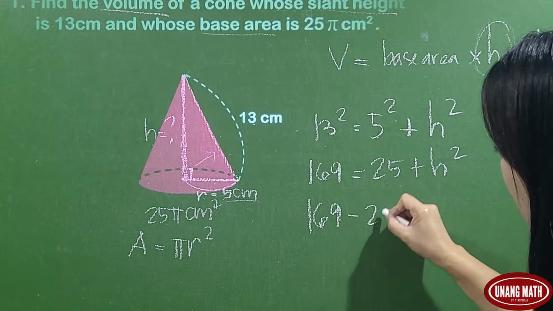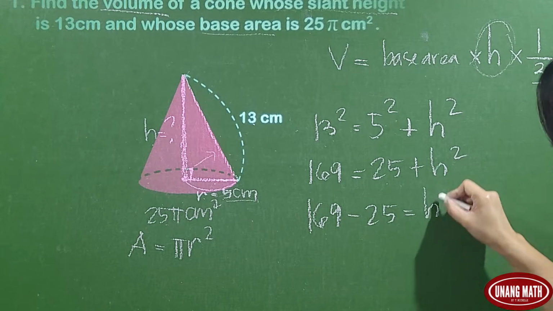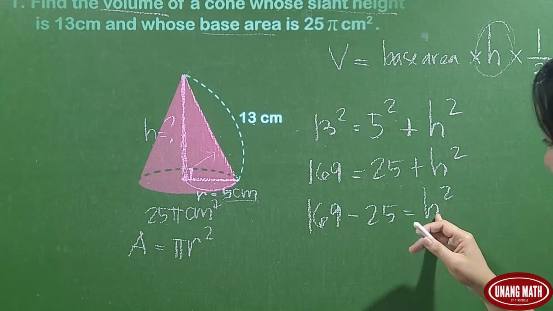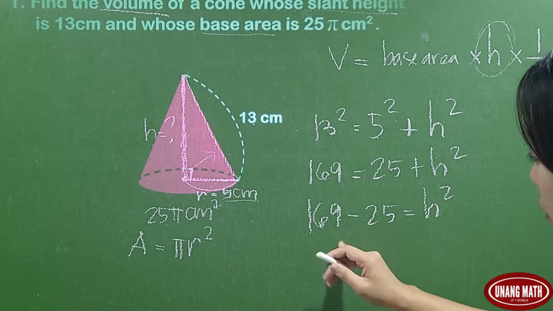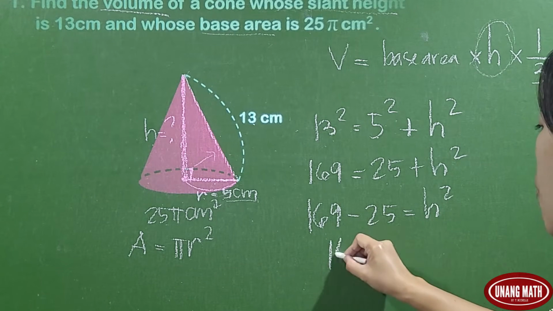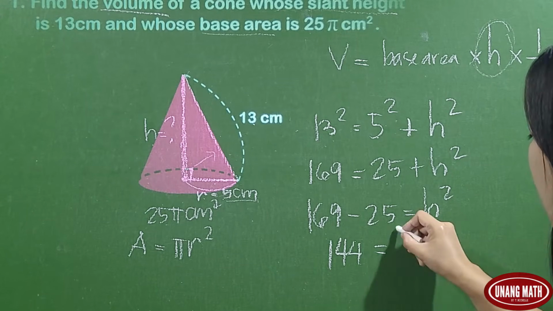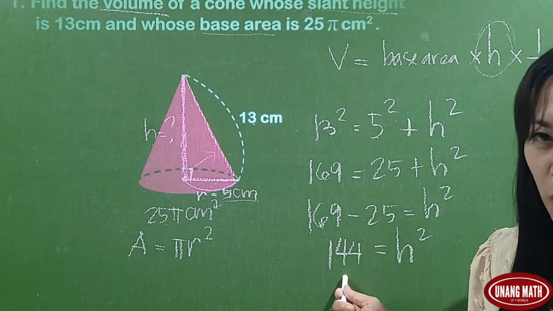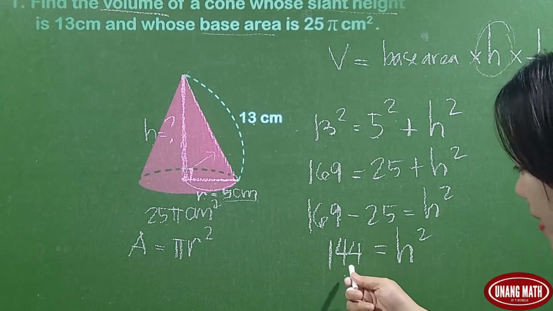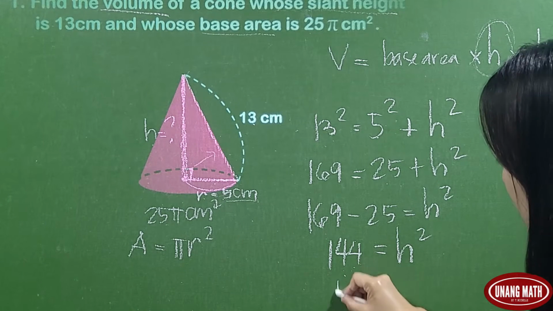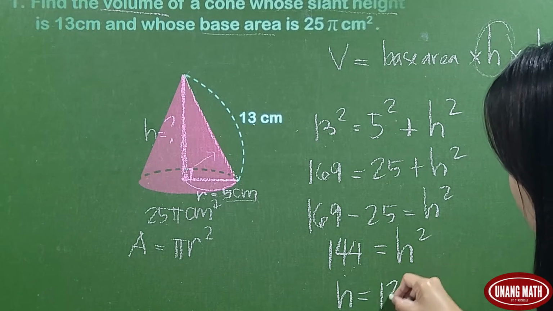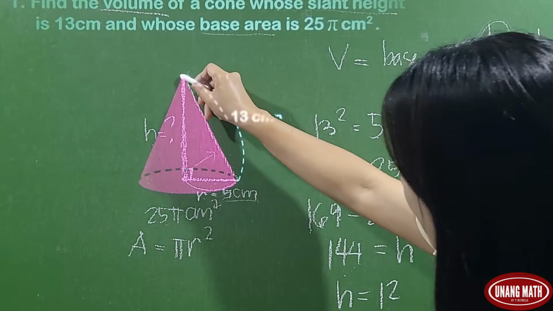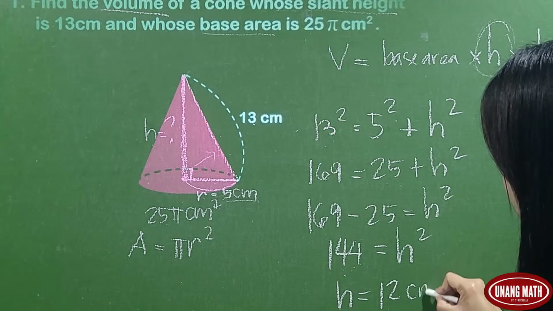So 169 minus 25 would be equal to h squared, or height squared. So this is equal to 144. And if we find the square root of 144, that's equal to 12. So it means height is 12. So this height is 12